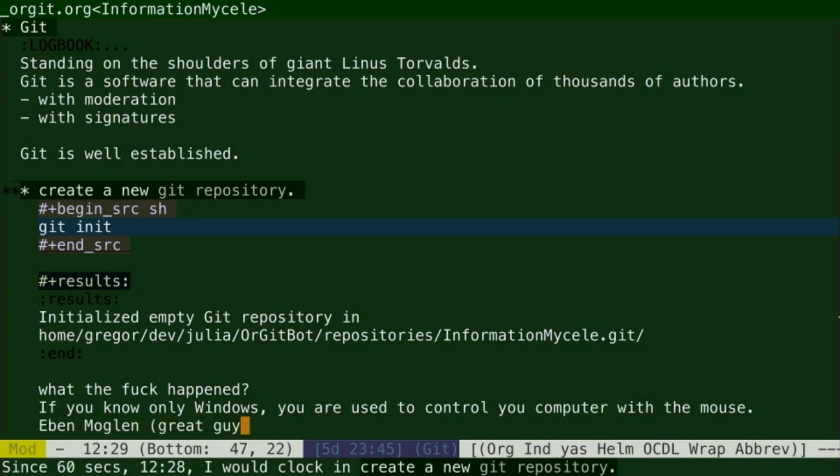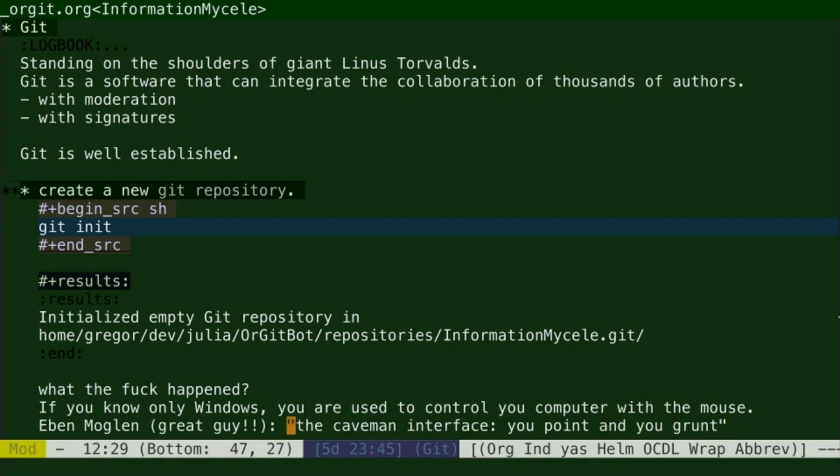If you only know Windows, you're used to controlling your computer with a mouse. So let's make a short detour about controlling your computer and a little bit of advertisement for the Emacs editor.